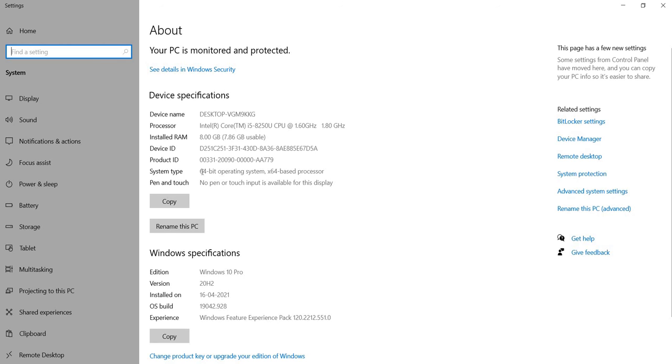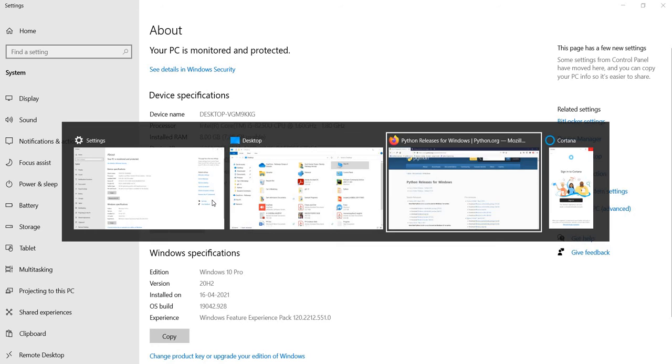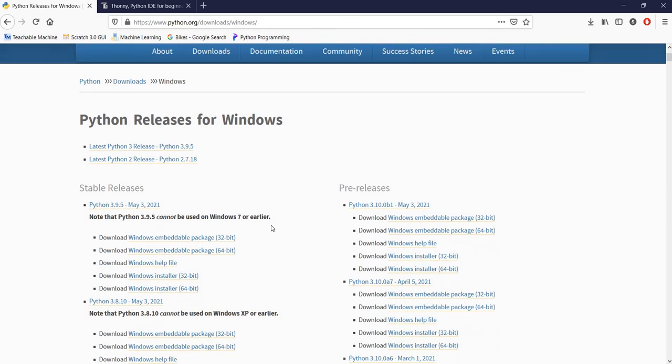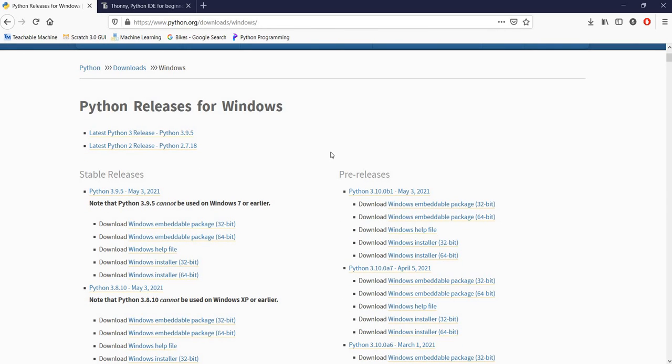That means what I'm using is a 64-bit operating system. The window might be different for Windows 7 and 8, but you will get the information there. If you're using a 32-bit operating system, download the 32-bit package. If not, download the 64-bit package. You are the better judge of which file to download.